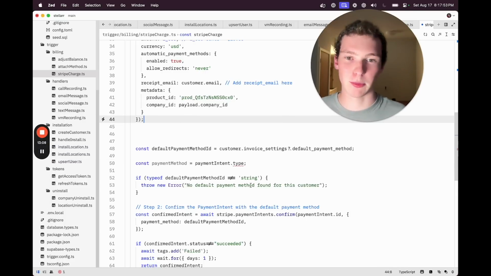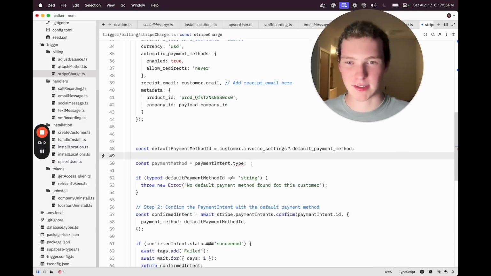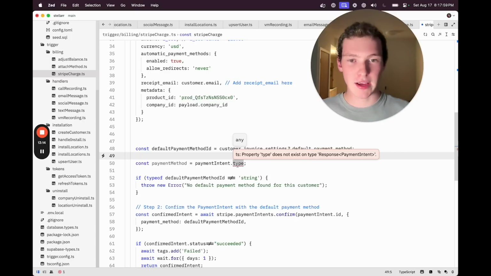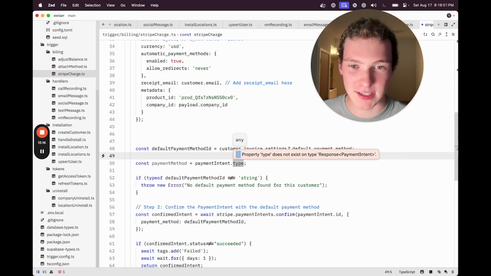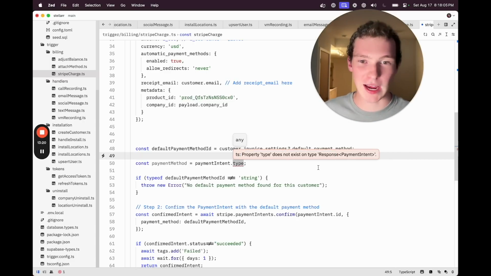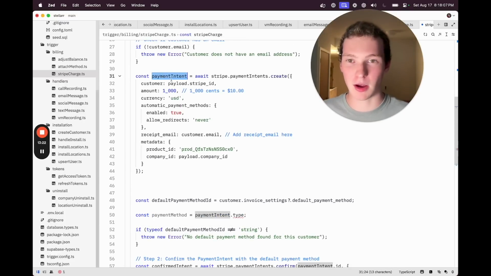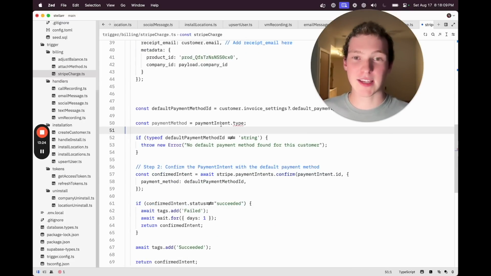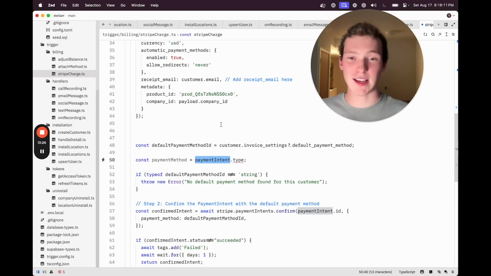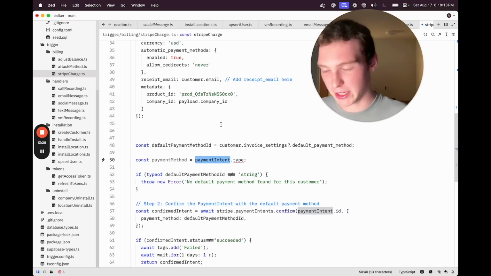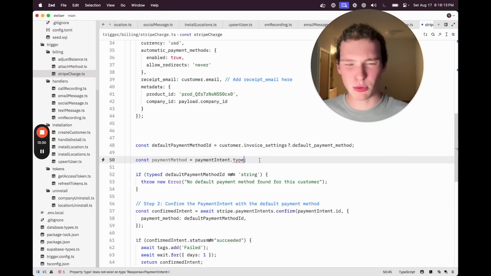All right, it was a bad example because payment intent exists. But if I try to do .type and I hover over it, it says TS TypeScript: Property type does not exist on this type of object, because this is the object that we're creating. And it's saying this type does not exist, which is so useful, because when you're normally coding, dude, it's